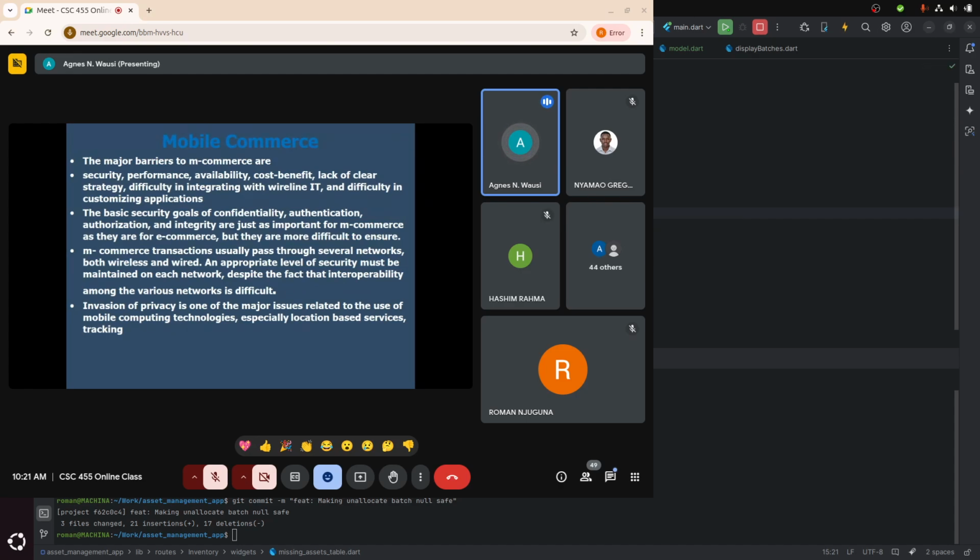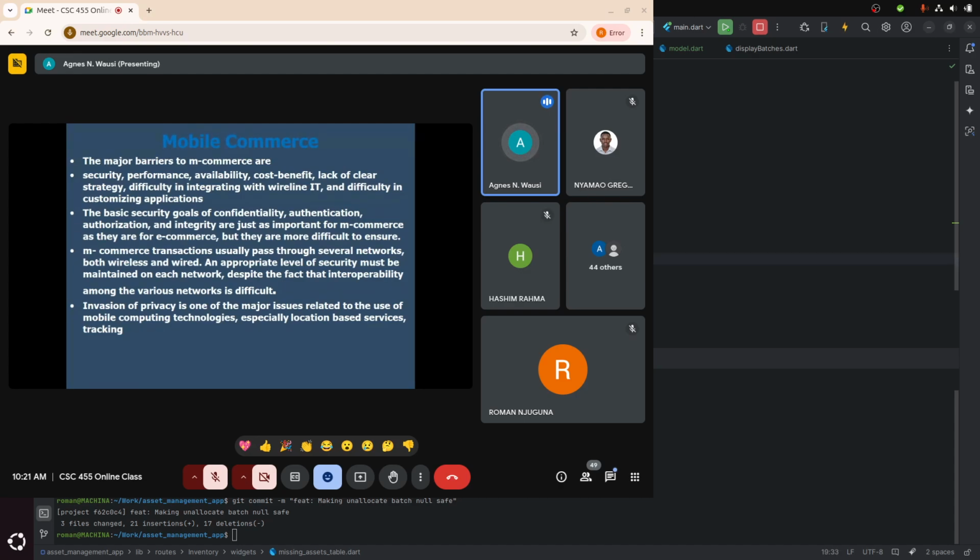When you think about mobile commerce and the transactions, you will see that you pass through different networks by the time the request is approved. Along that path, as it passes through the networks and the substations, there has to be security. Security is an important aspect, and you also have to think about the interoperability of the request as it moves along the various networks. That needs to be taken care of.